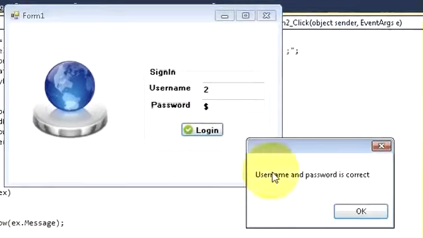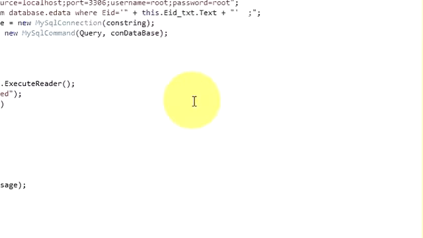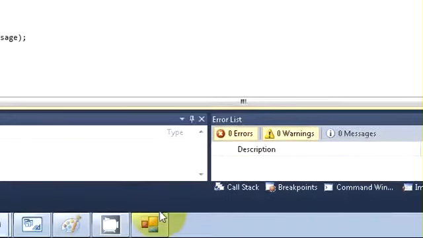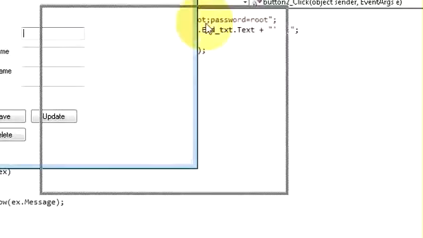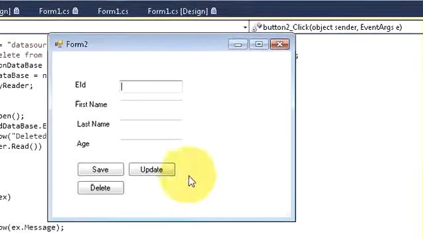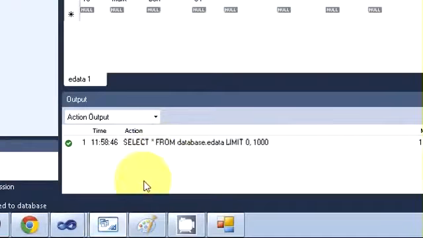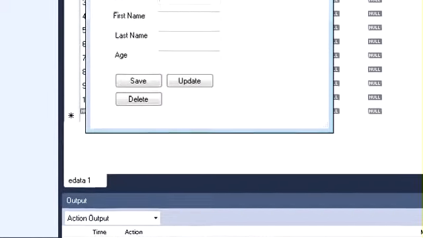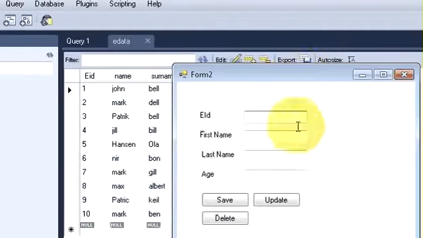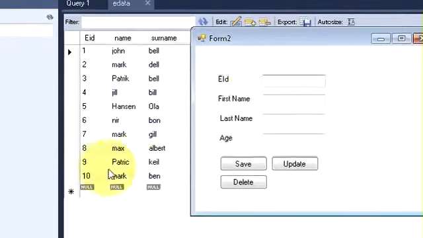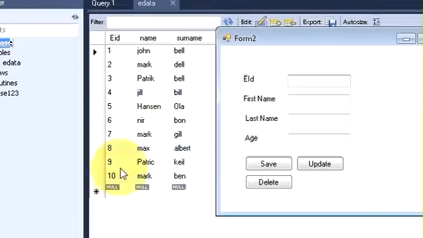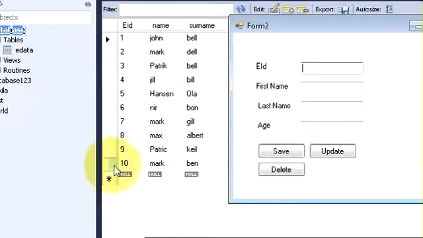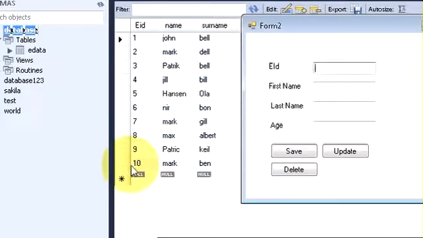First of all, login is successful, and the second form is opened. Now I will open the database and show you how I want to delete the data. For example, in my database I have 10 entries, and I want to delete this 10th entry of Mark.